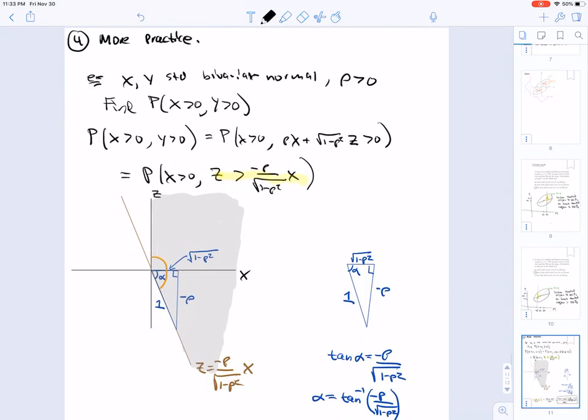Okay, and then we finished with one more practice problem. This one's sort of a geometric one. So x and y are standard bivariate normal. Rho is greater than 0. So you want to find the probability that x is greater than 0 and y is greater than 0. So we wrote y in terms of x and z. And so we're able to find the probability in terms of x being greater than 0 and z being greater than